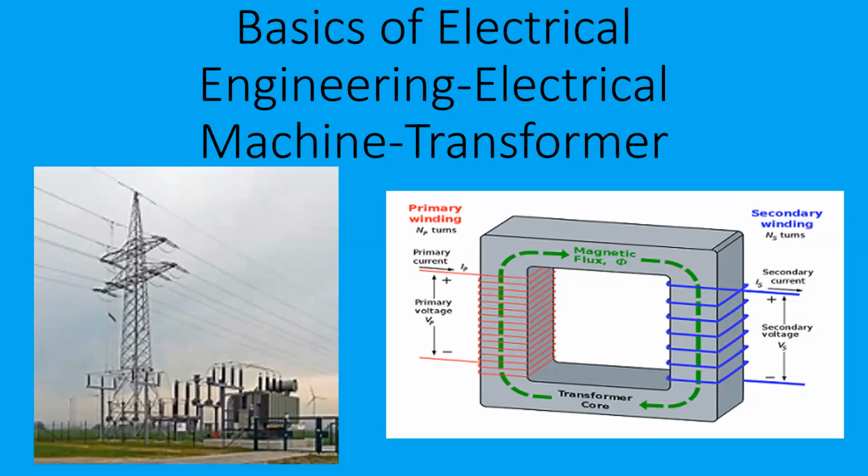What is the working principle of the transformer? What are the applications of transformer? So why is this transformer required? The generating station will be producing 33 kV. So we need a high power transmission transformer. Then for distribution, a low voltage transformer is required. In distribution, for home appliances, we have to give 220 volts, and for industries, it is 440 volts. For distribution, it will be stepping down the voltage.